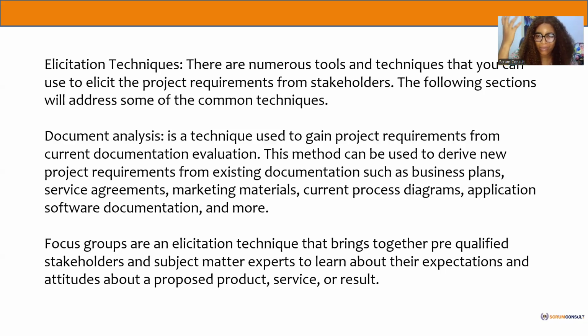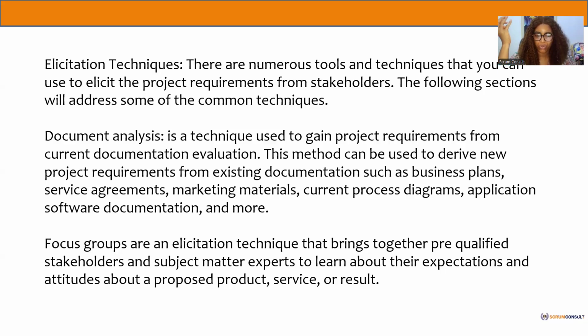Let's say you've done a similar project in the past. You're building a 2-bedroom flat, and you're building it again for another organization. You want to go in there and check what the scope was, how many packs of cement we used, what the cost was, just to compare. So we call that historical information or that knowledge repository. That's what we call document analysis.